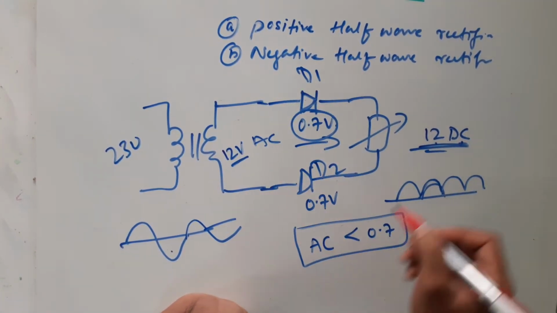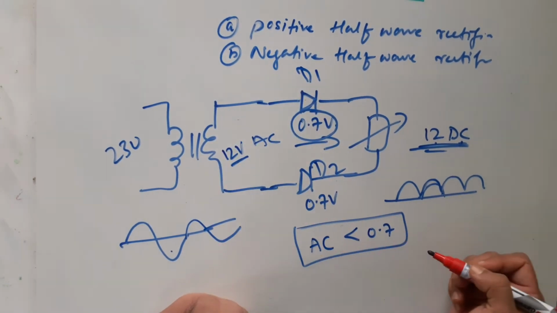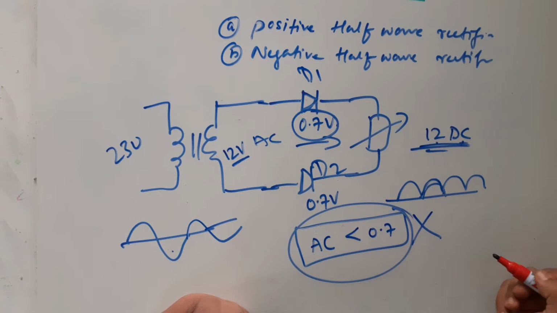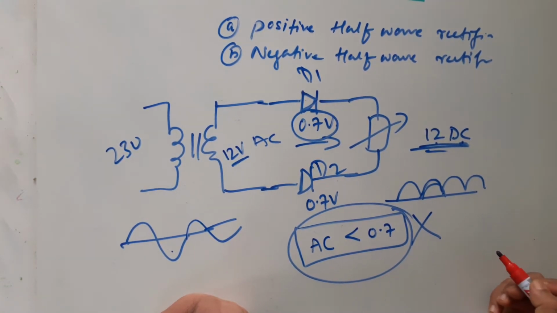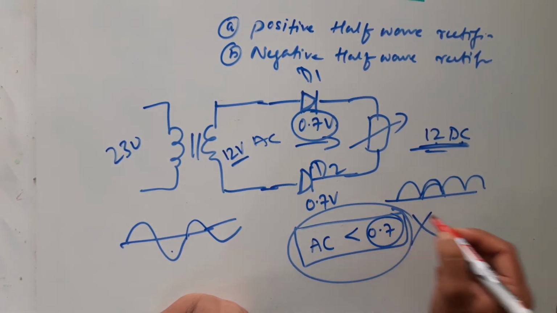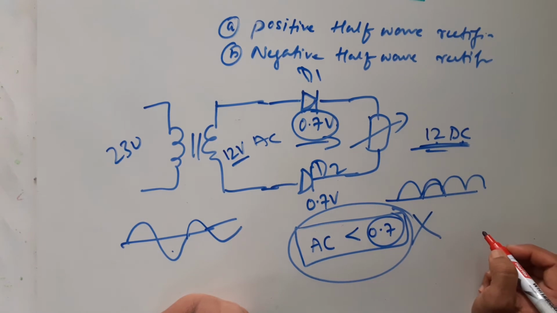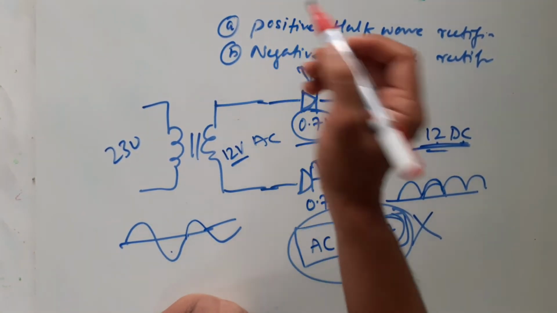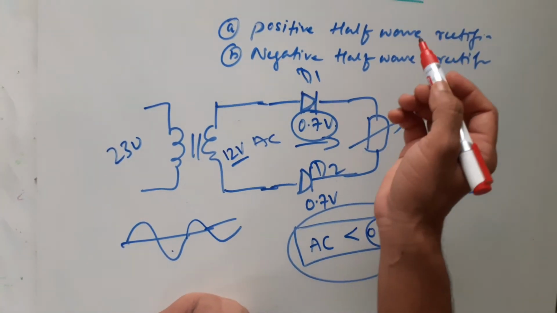Now if we make use of operational amplifiers, this limitation will not be there with your rectifiers. I mean to say, you can rectify a voltage even lesser than 0.7 volts. Understood? So in that case, we call this kind of rectifier circuit precision rectifiers. Once again, we have precision half wave rectifiers and precision full wave rectifiers.